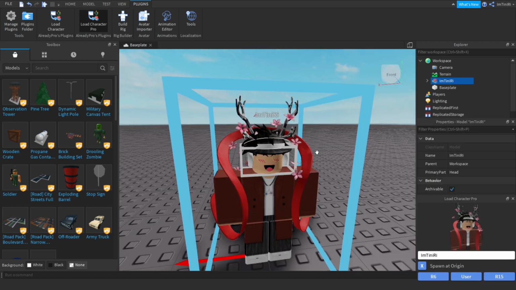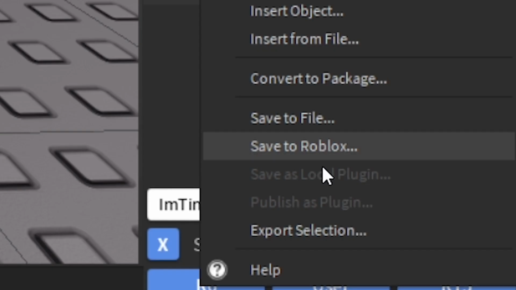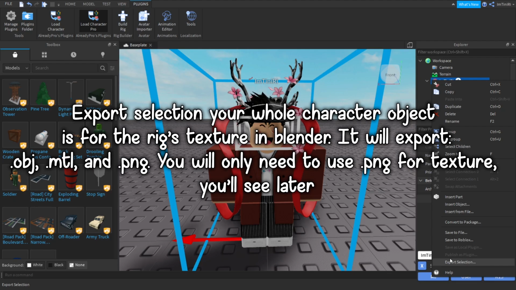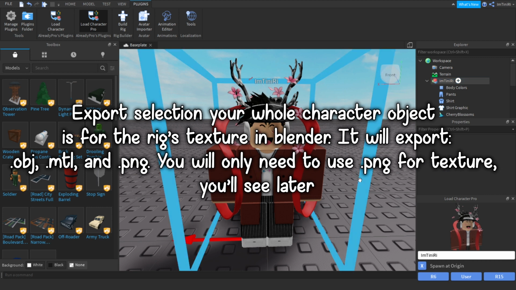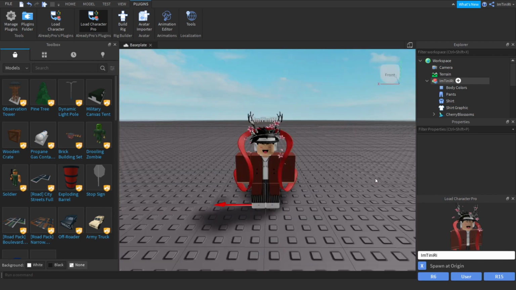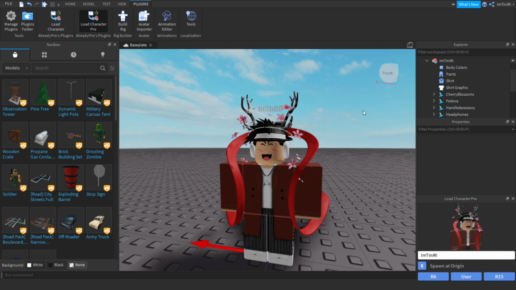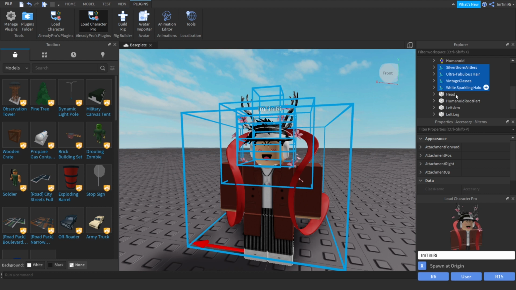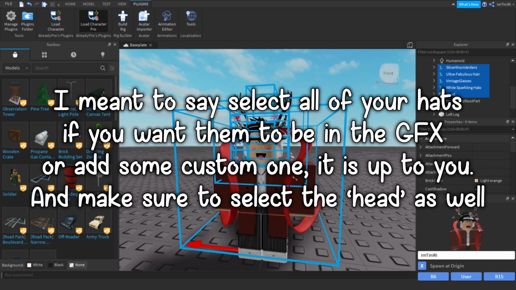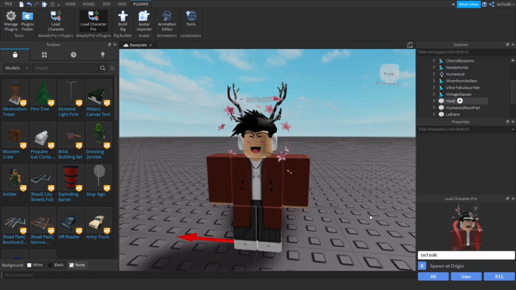Alright, so once you guys spawn your character, you can click your name right here, and click export selection and save it anywhere you want so we can use it later in Blender. And you'll also want to export your head. So what you're gonna do is select all of your heads, including your head if you want. Right click and click export selection again and save it anywhere you want so we can reuse it